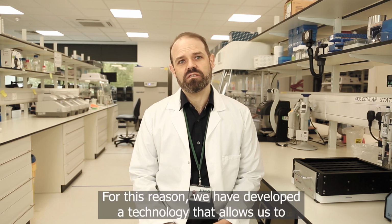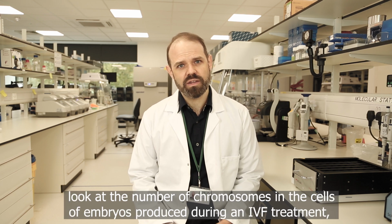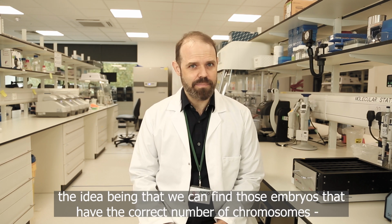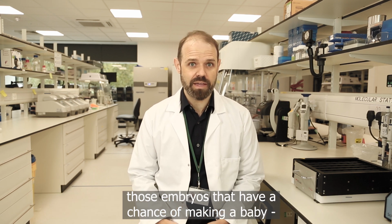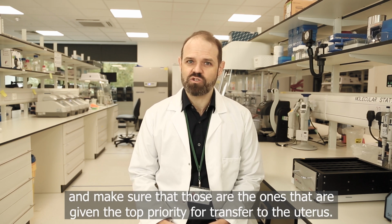For this reason, we've developed a technology that allows us to look at the number of chromosomes in the cells of embryos produced during an IVF treatment. The idea being that we can find those embryos that have the correct number of chromosomes, those embryos that have a chance of making a baby, and make sure that those are the ones given the top priority for transfer